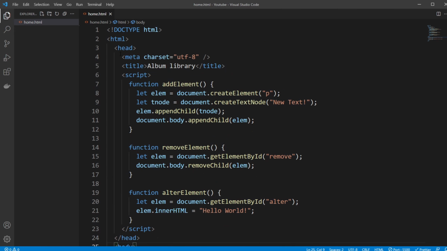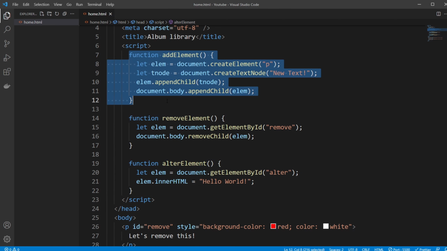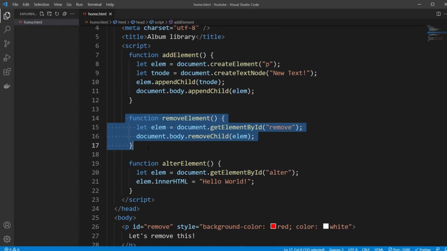And then inside the head of my HTML, I created my script tag, which is where I can create some JavaScript. Further on, we'd probably move this JavaScript to its own file and then just attach the file to our HTML. But for the sake of it now, because it's a small amount, I just added it right here. So we have three elements. We can add element, remove element, and alter element, which are the three main things we would do